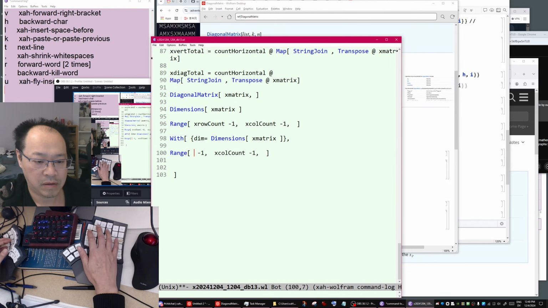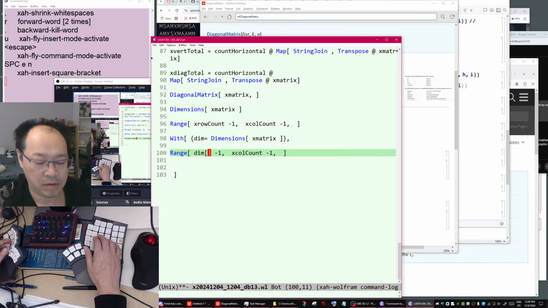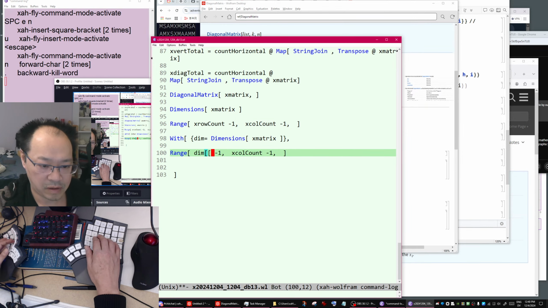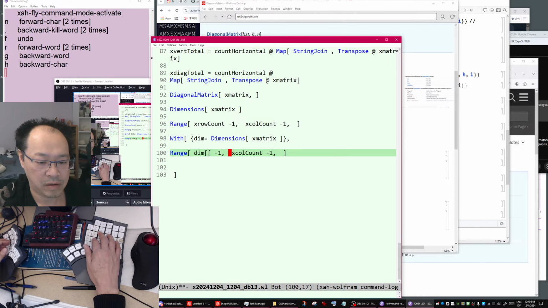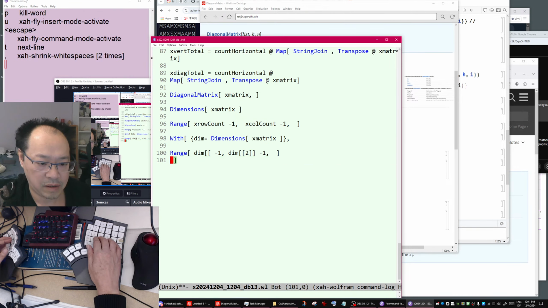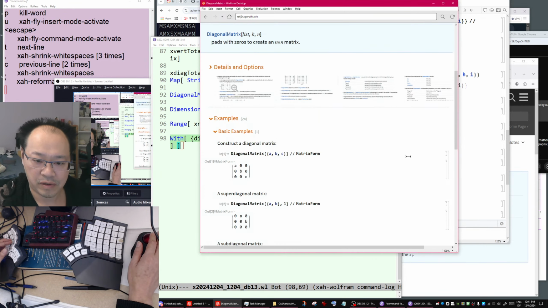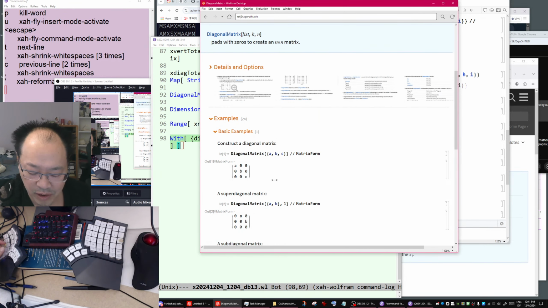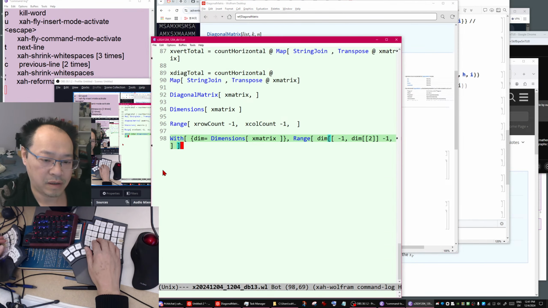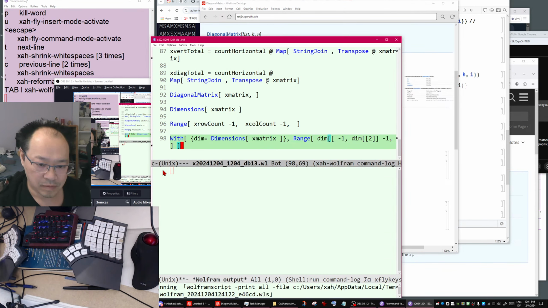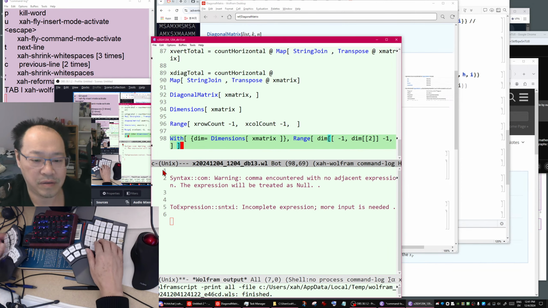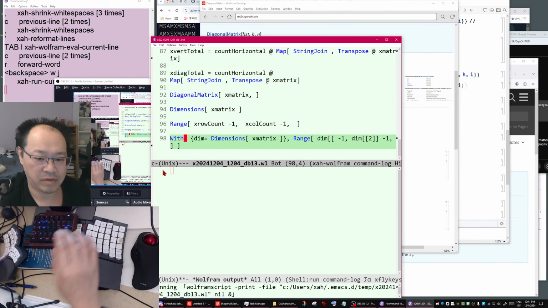Then first, okay, second, okay, and what this will give you is, for example, if it's a 3 by 3 matrix, it will give you -2, -1, 0, 1, 2. Let's run it. Okay, you need to define the matrix. Okay, run the whole thing.